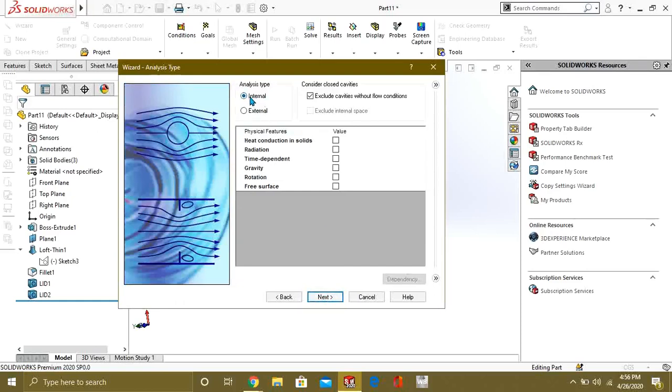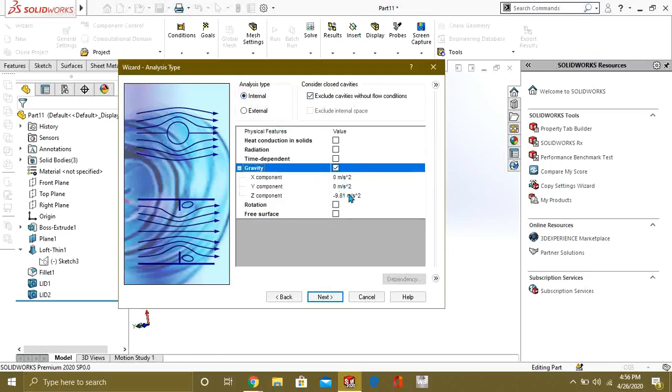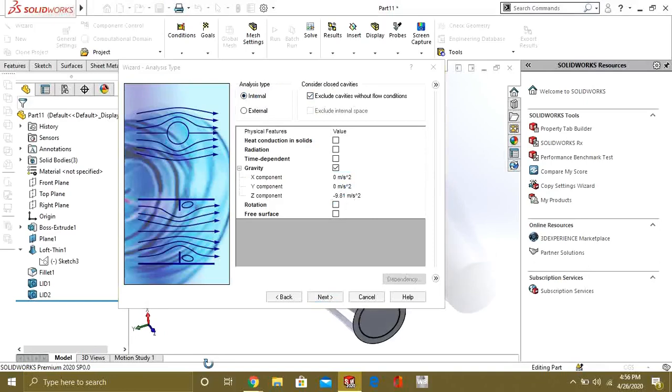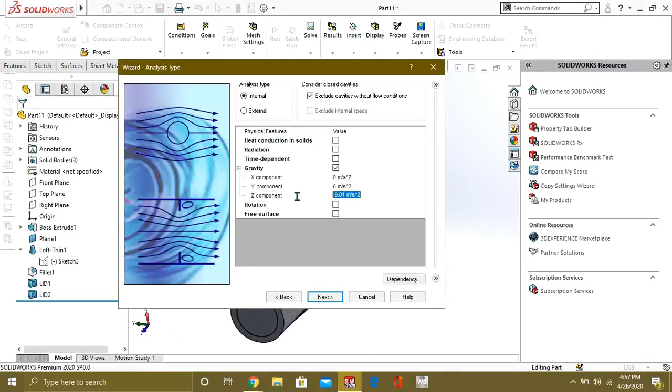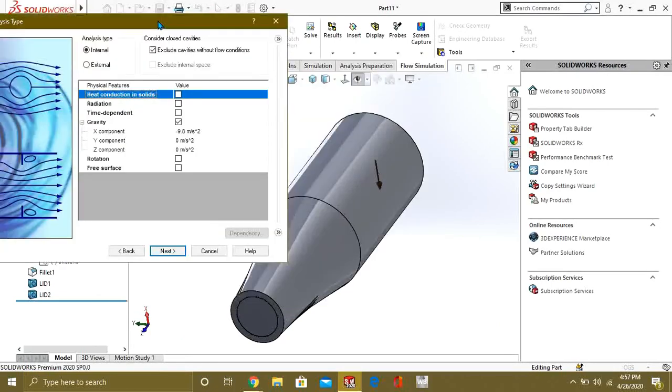We are going to do internal analysis type here, therefore we are using internal from here, and we will turn on the gravity. Our gravity will work in the negative x direction, so we will make it 0 and give the value of minus 9.8 in the negative x direction.